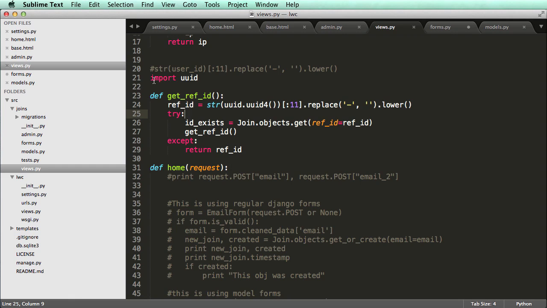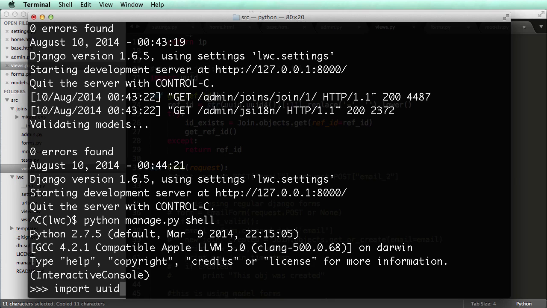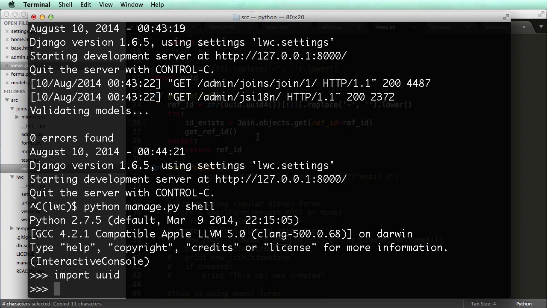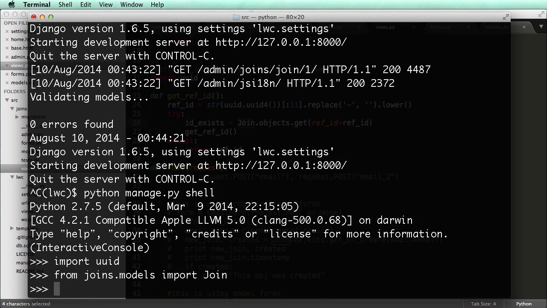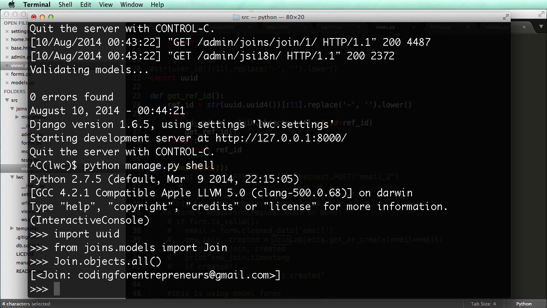And I'm going to import UUID. I'm also going to import join, so from joins.models import join. So now I can see all the stuff, the same commands, objects.all. So I can see all the objects. I can do everything in the shell that I can do in my views, and the shell's a way to